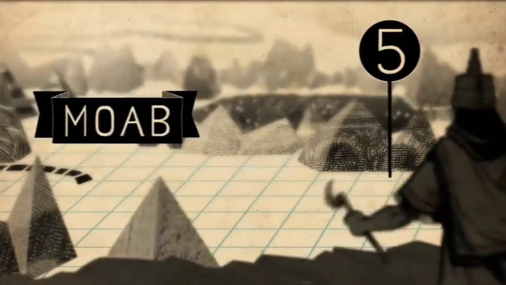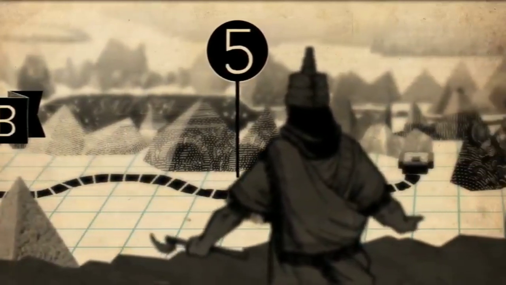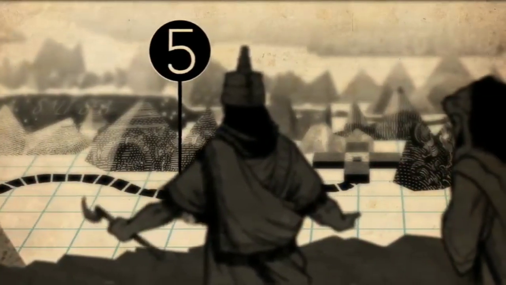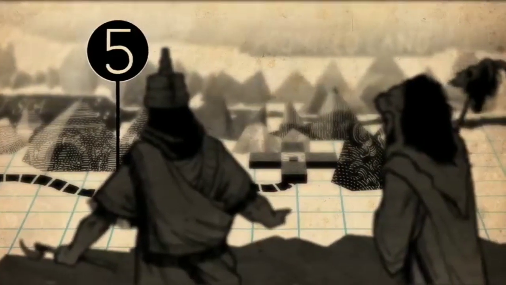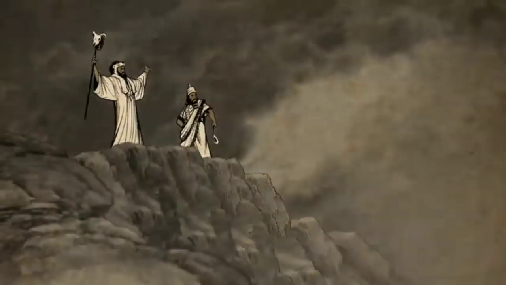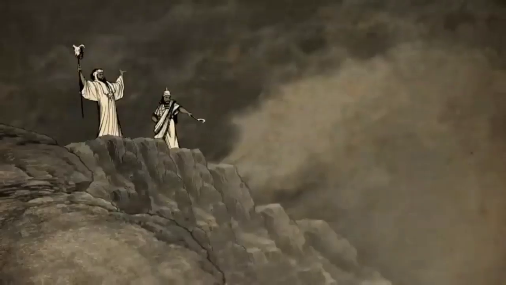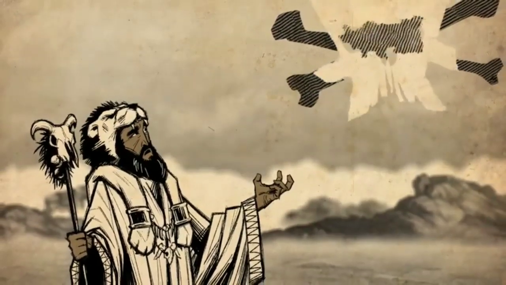Israel has just arrived in Moab, and the king of Moab, he's freaked out that this huge group of people is traveling through his land. So he hires this pagan sorcerer named Balaam to pronounce curses on them. This guy means business. Yeah, and so Balaam says, okay, I'm going to pray to the Hebrew God, and let's see what happens. And three different times he attempts to curse them, but each time he finds that he